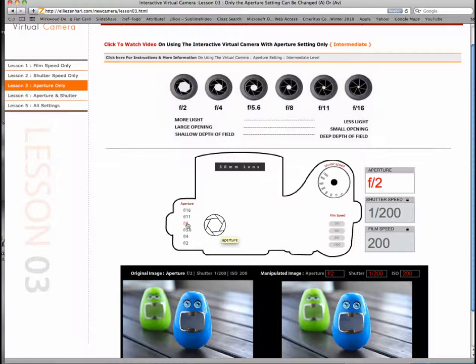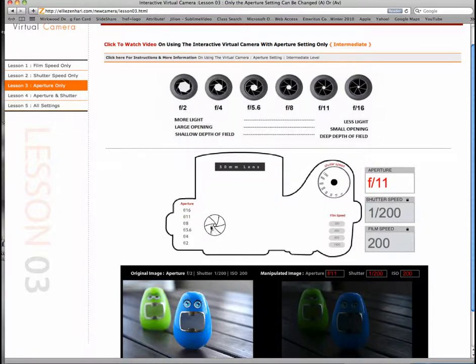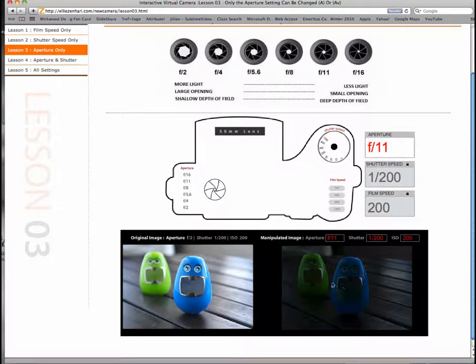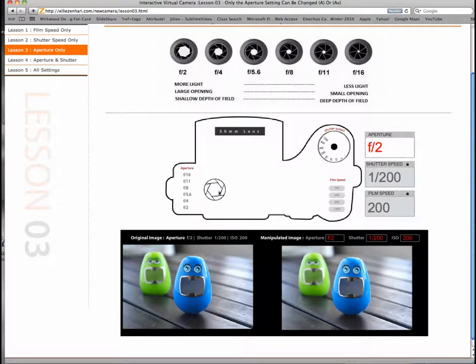As I choose a smaller opening for the aperture, you can see that the whole opening gets smaller, allowing less lighting, and automatically the image gets updated on the manipulated image window, indicating an underexposed photograph or a darker image. So we already automatically can establish that the f-stop with the larger hole, which has a lower number, allows more light in, and I can automatically see the preview of